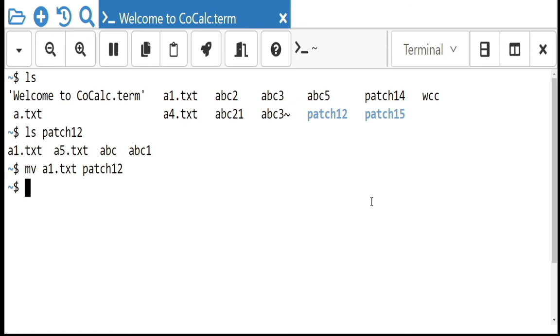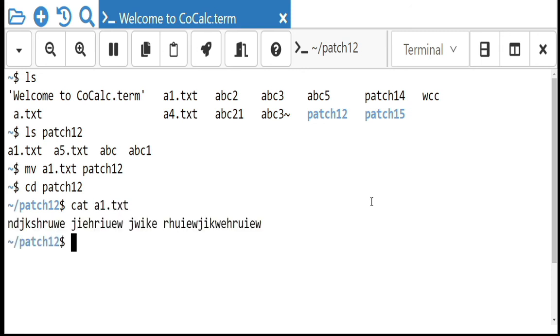Okay, what happened here? Let me enter into the patch folder, then cat a1.txt. See here, already it is there. Okay, no problem, it means it has been overwritten. Previously the contents were different, but now whatever contents I have entered will be overwritten there.